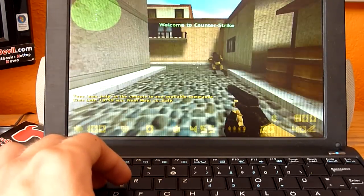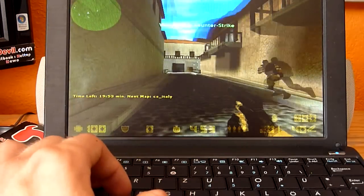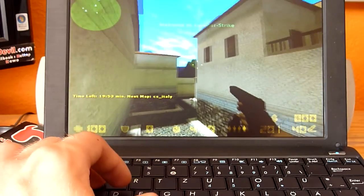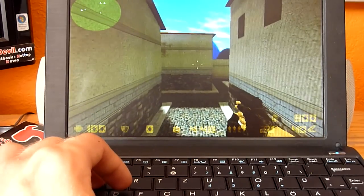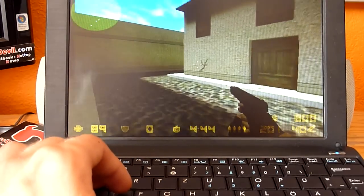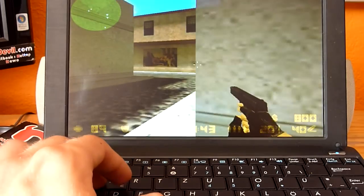Okay, now it's not getting the 25 FPS also, but it's probably because when there's too much movement around here, then there is always problems. So yeah, this was it with the Asus Eee